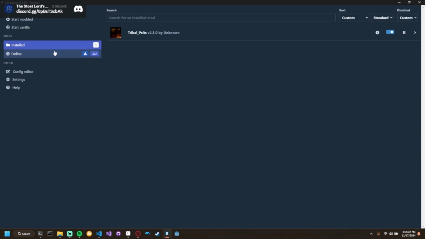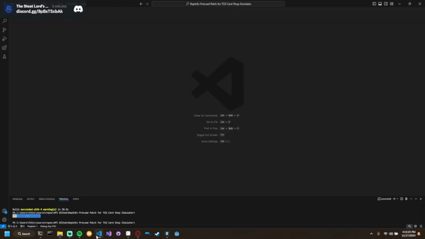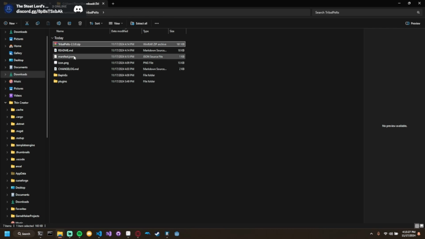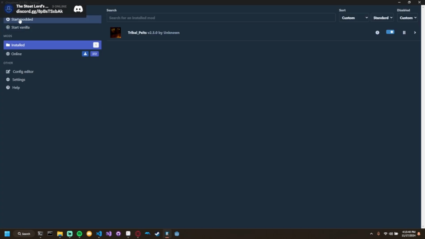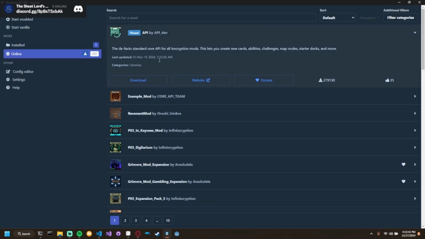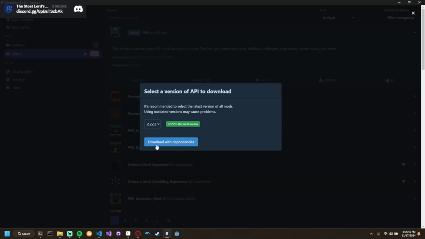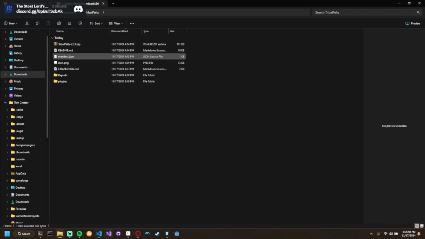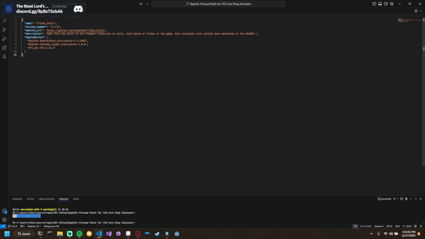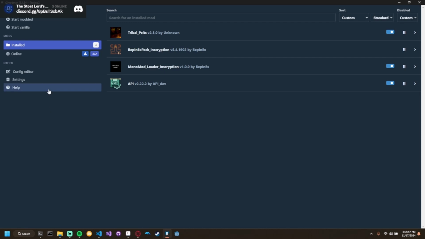it does not grab the dependencies, which is not due to that. I think it's just an issue with Thunderstore in general. But usually it would grab your dependencies, for example, API, and then you will probably need to re-import it